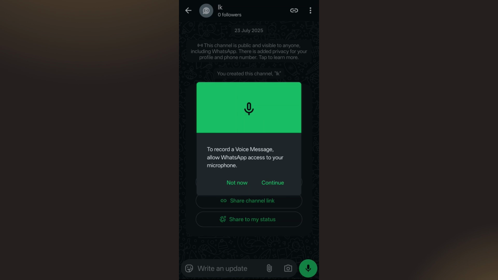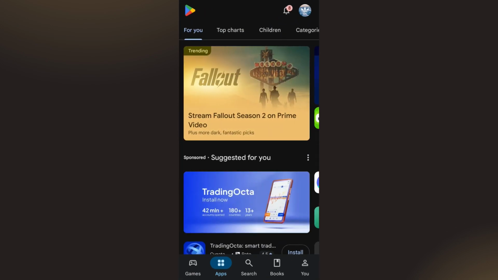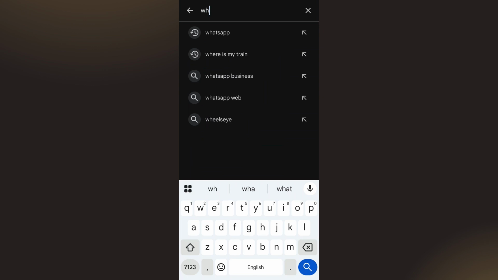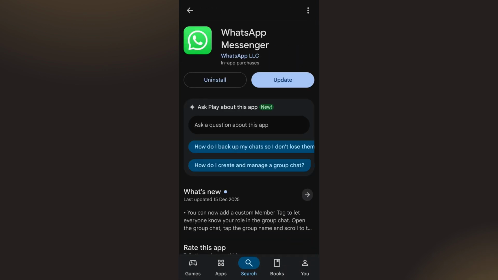continue with the fixes. So in the first step, you just have to simply open your Google Play Store or App Store. Over here in the search bar, you need to simply search for WhatsApp. Now if you see this type of update button right next to WhatsApp, you just have to tap on it and you need to update your WhatsApp application first. The older versions don't support the video notes properly, so update the application from your phone's app store and you